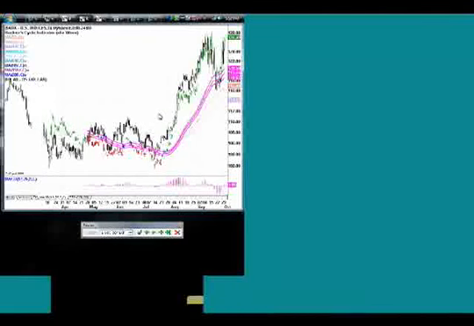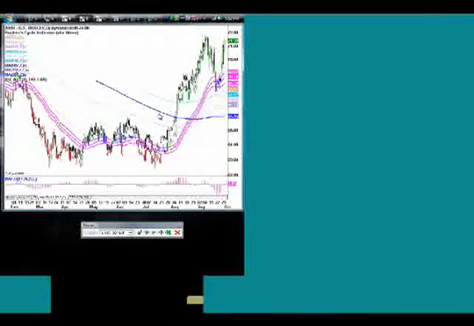So in this case, I do agree with the underlying belief that scaling in or taking a position in some puts in the AUX is justified because I feel that the dollar index is going to top here. The same thing could go for any market that I feel I'll be able to get a good correlation to with the dollar. So would the AUX be my first choice in that thinking? Probably not. I'd probably be looking at the EUI, and I'd be looking at options in the SFC.